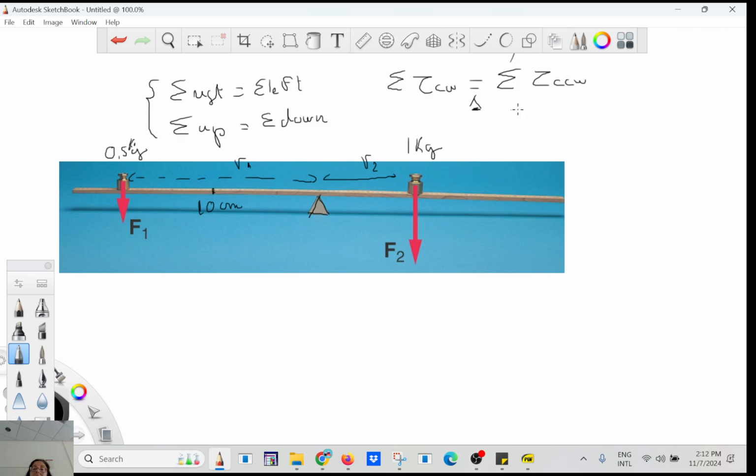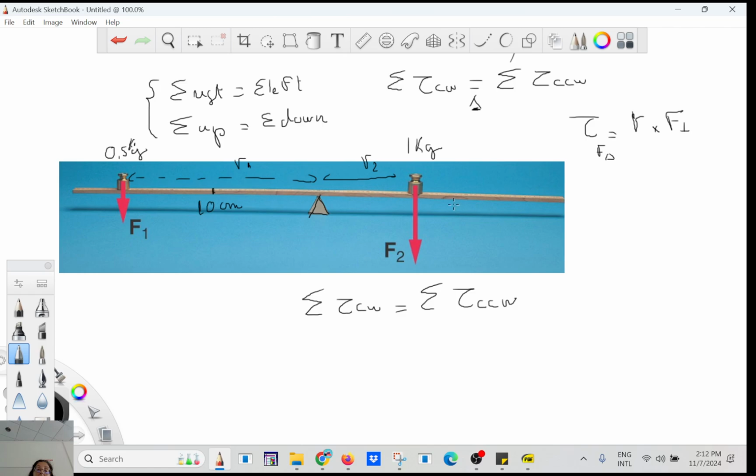Okay, so this is your fulcrum here. So what's the definition of torque? Produced by a force about a fulcrum. Again, it's the distance between the fulcrum and where the force is applied times the perpendicular component. Okay, we already did that. Now I'm going to use this, just to show you the methodology. So the sum of the clockwise torque will be equal to the sum of the